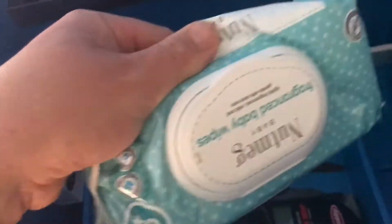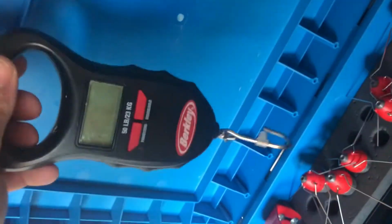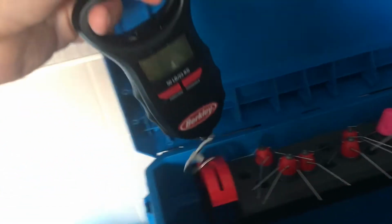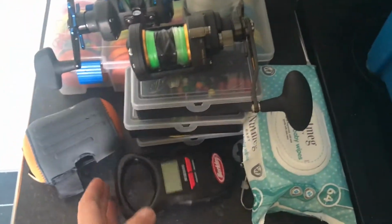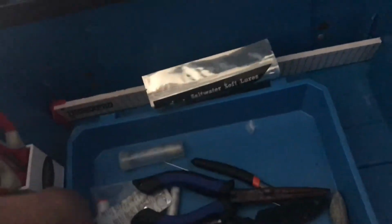So next up, I always carry a pack of wet wipes to clean your hands. I also have scales, which are essential. I've been fishing for a couple of years now, and I've only just added a pair of scales to my box, which is pretty stupid. And I'll get this componentry